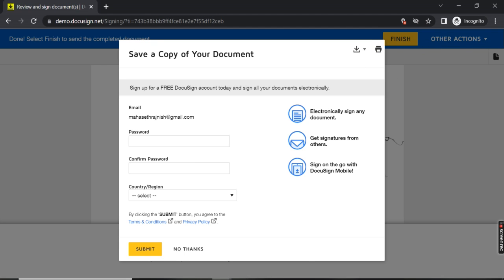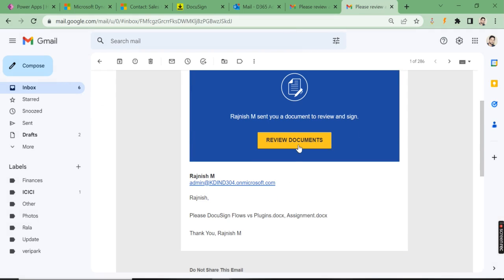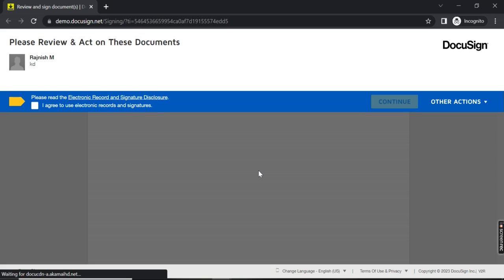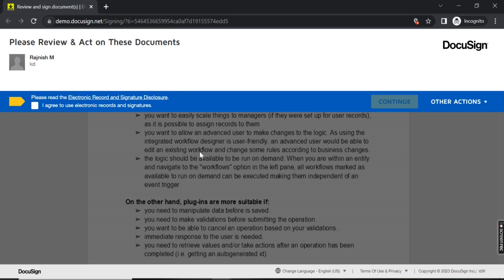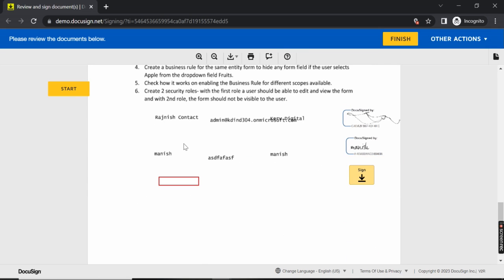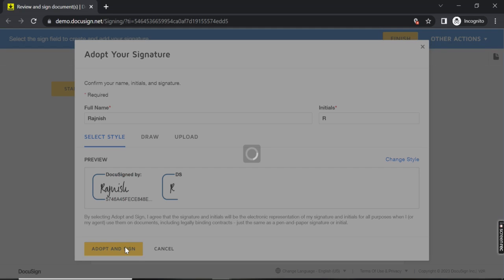Okay, just ignore it. Come here. Now see, just now I have received this one. Come here, incognito. Continue. Now see, he is able to see all the previous, like if he is the director or manager, then he can see that okay, KYC document or bank document they have verified. Now I just need to put my signature here. So just put sign, adopt and sign,